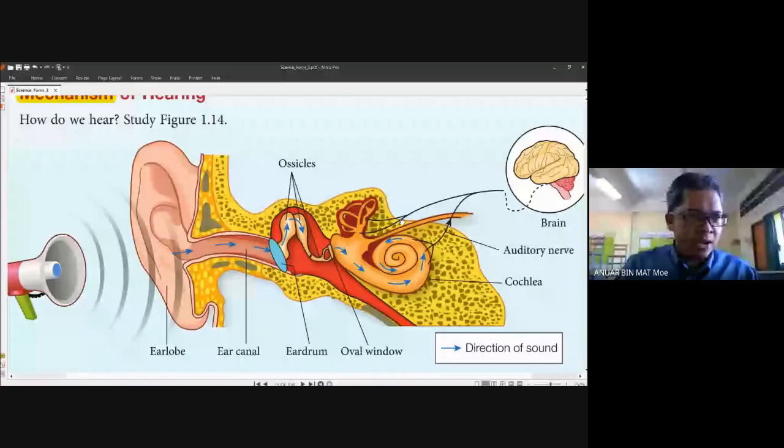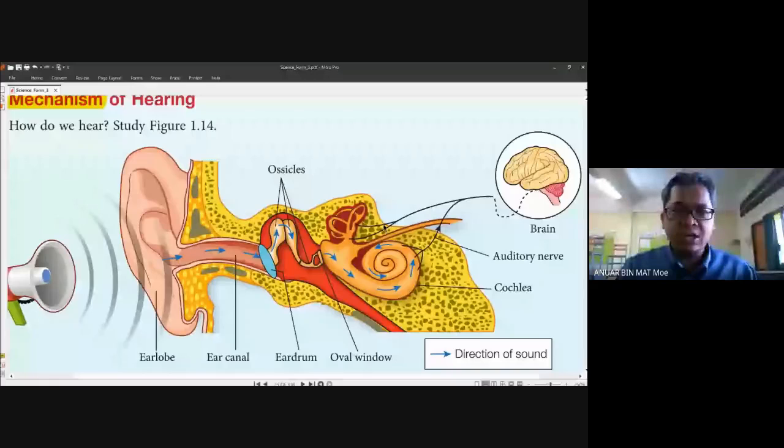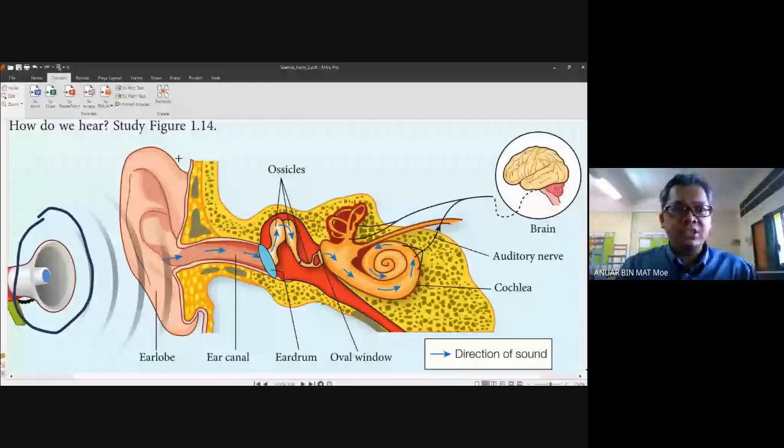Okay, you look back at the diagram. I hope you can see the diagram that I'm going to show you. This is the cross section of our ear, the sensory organ. You can see here the source of sound, meaning where the sound comes from. Or we can call it what? You still remember? The outside environment that changes our way to sense things.